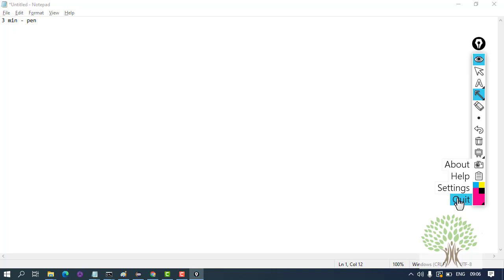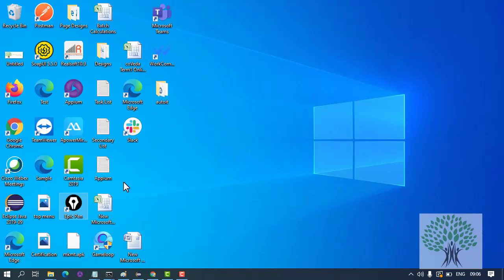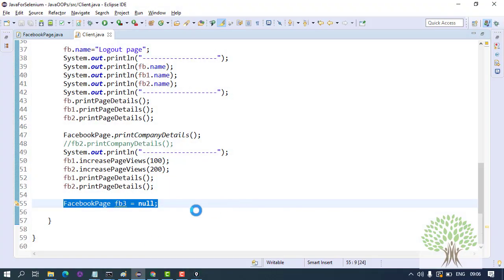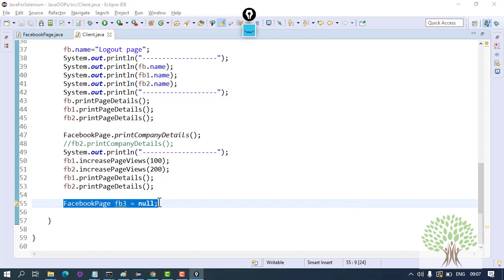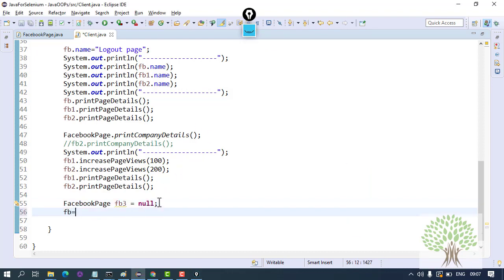Sorry, FB3 in the memory would just be hanging and not pointing towards any object. It will just be like this, FB3. But on the next line, I can make FB3 point towards the object of the Facebook page class.